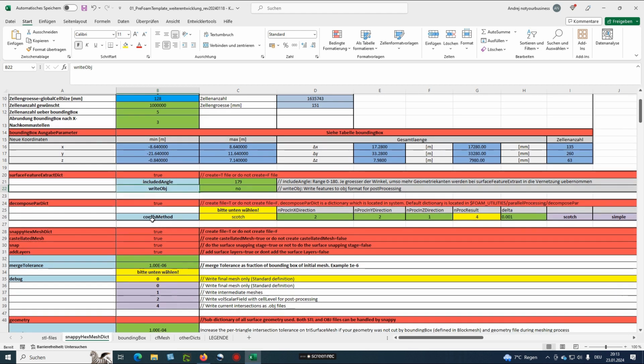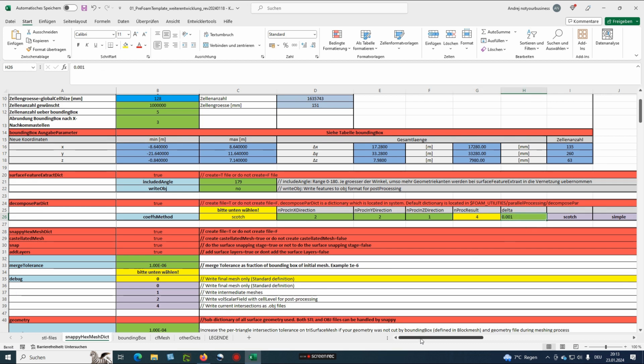For these coefficient methods I always choose Scotch or simple. So you can define here in X direction number of processors, and in Y direction, and as well for Z direction, the number here is the number of processors in total, and delta is defined here as